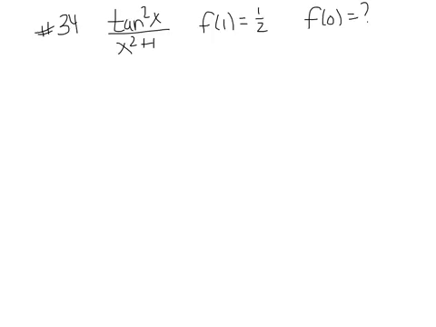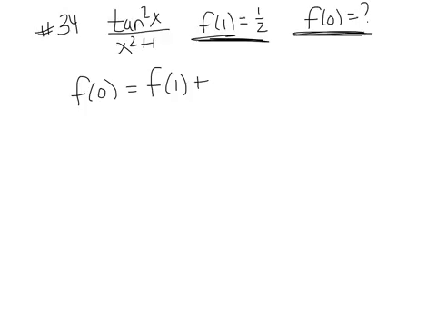So probably the first thing we should do is establish the fact that if this is what we're trying to find, this is a fundamental theorem question. You're told f of 1 is equal to a half. So kind of like the accumulated area when you get to 1 is equal to a half. So I'm going to say that f of 0 is equal to f of 1 plus, now we're going to take the antiderivative, but we're going to go from our starting point of 1 to where we want to end up, which was 0, of the function that we're looking at, which is tan squared x